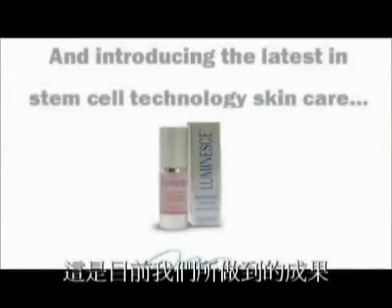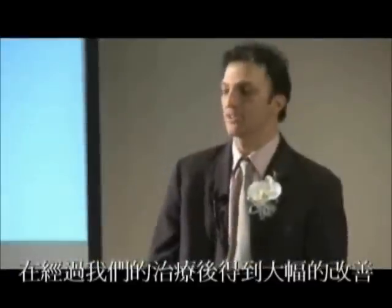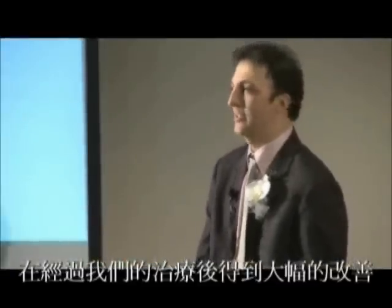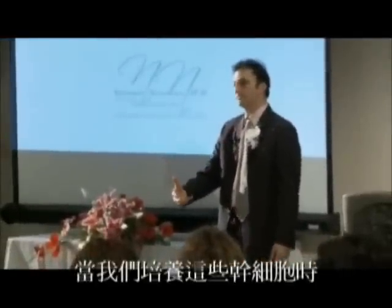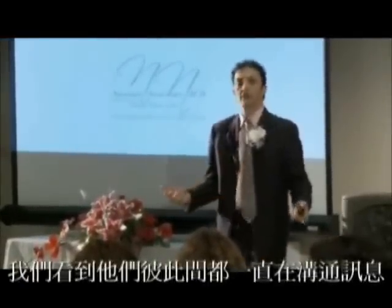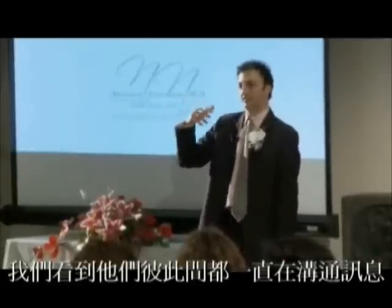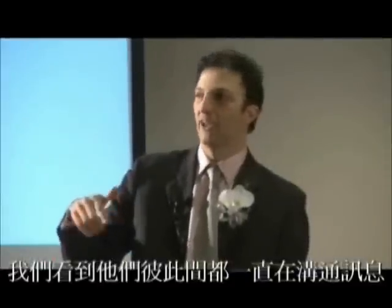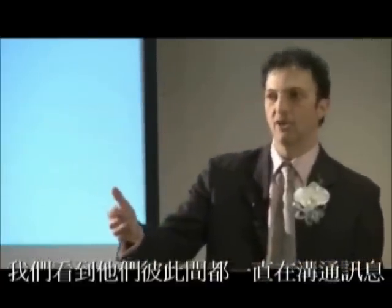And that's how we got to here. By doing all those treatments, we saw how the skin got better. By treating burn victims and ulcers, we saw that the skin is healing better. And in the laboratory, when we were growing all these cells, we saw that these cells communicate with one another. And when we look back into all the clinical data that we have, and we look back into the studies done on different things,